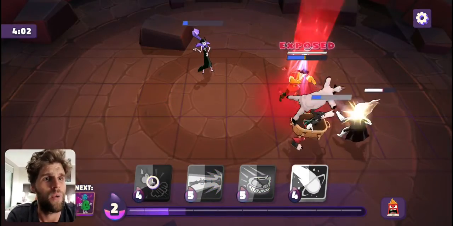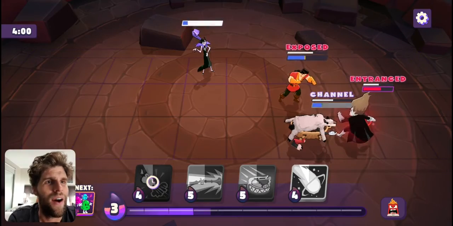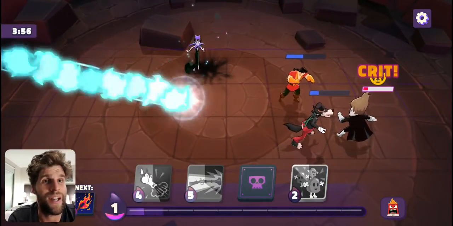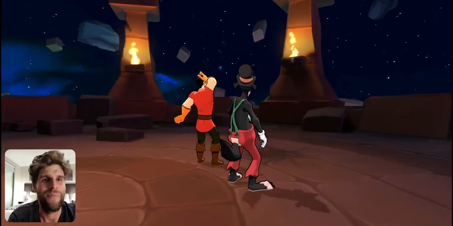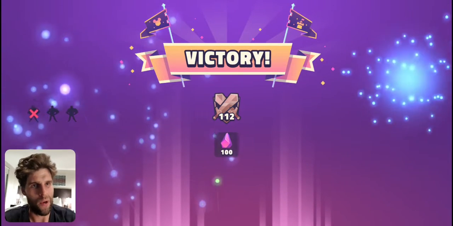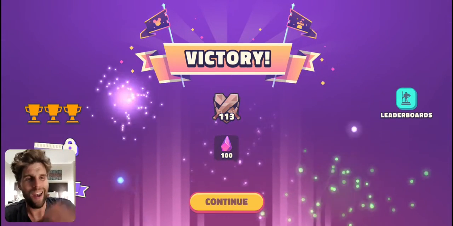Oof. And I'm just gonna hold him here. So this is what I really like. I get to entrance him and hold him still and stop him from attacking, and then get a crit on the end. Boom. Being able to out-strategize your opponents and get teams that work well together, I quite like that about this game,